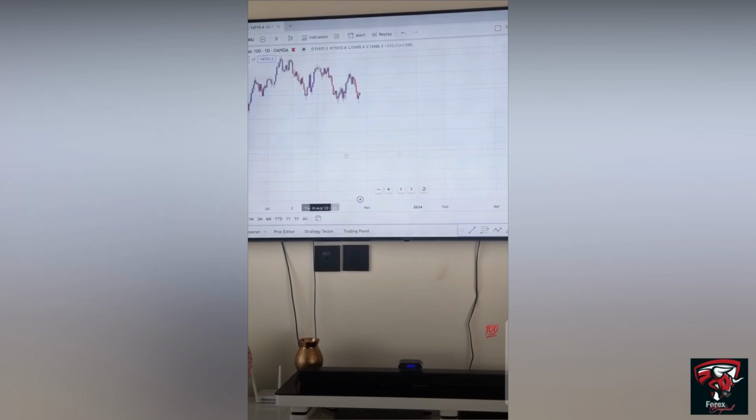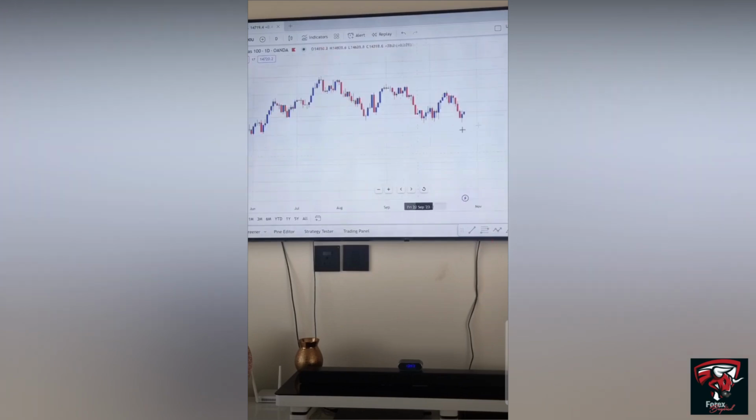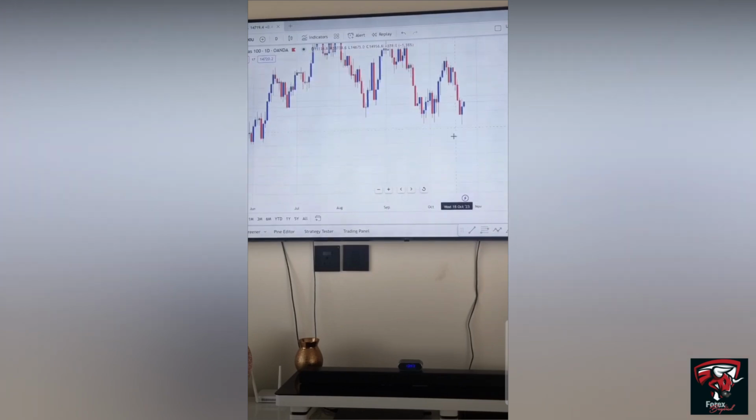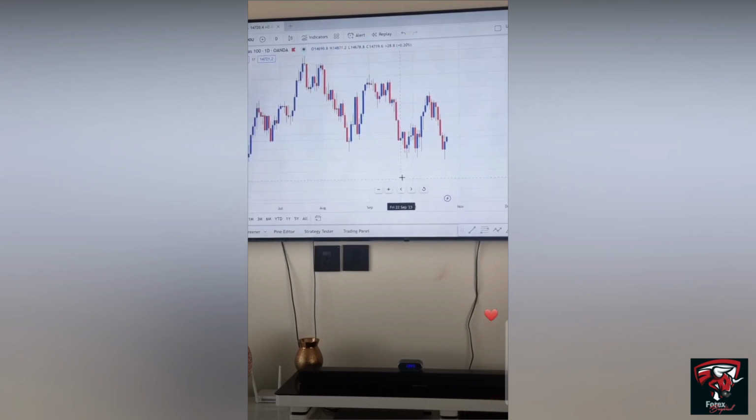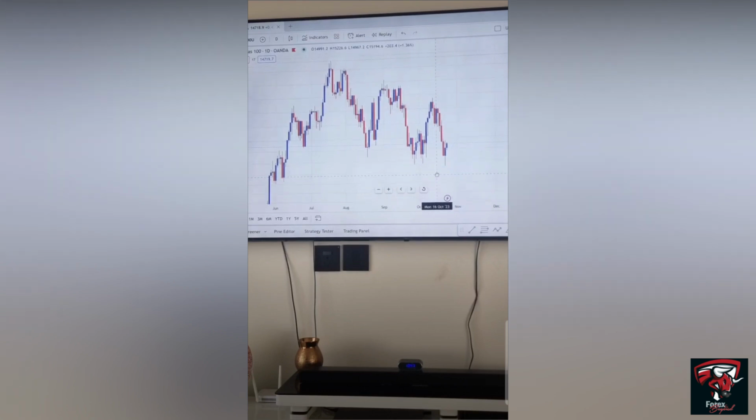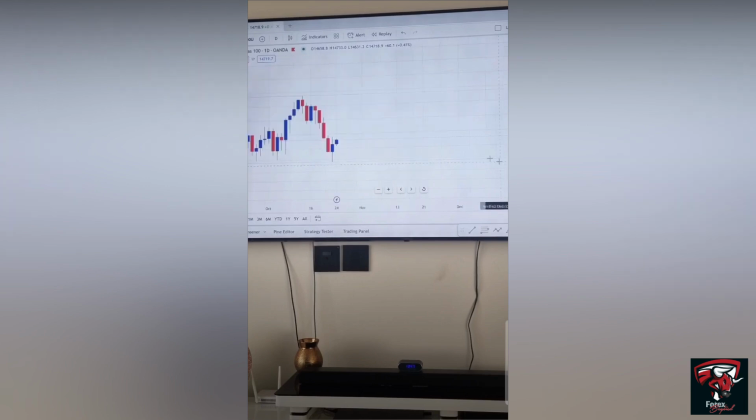Okay, so one must just understand the market cycle, right? So we are obviously making lower highs and obviously lower lows. We are in a downtrend, okay? Or at least a minor downtrend for now. So now we look at